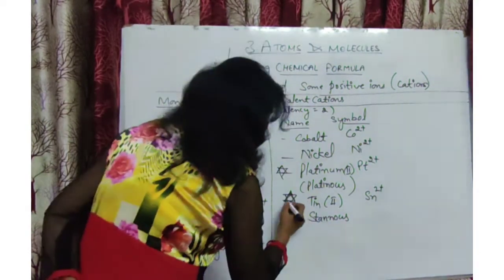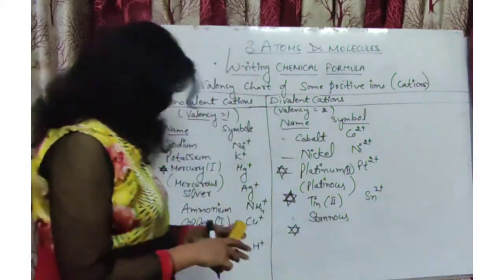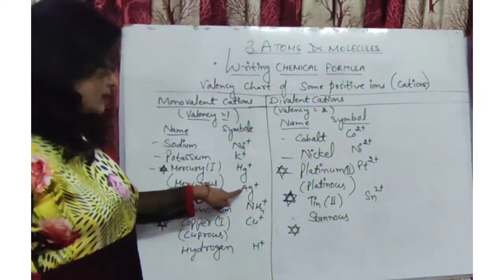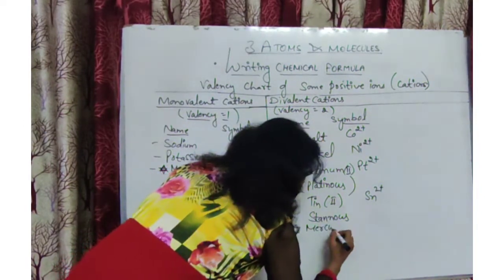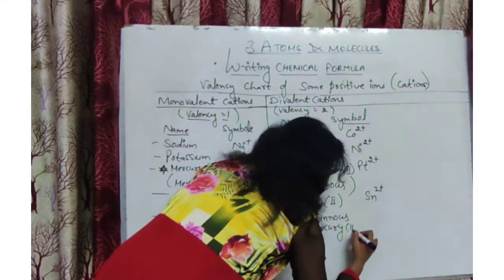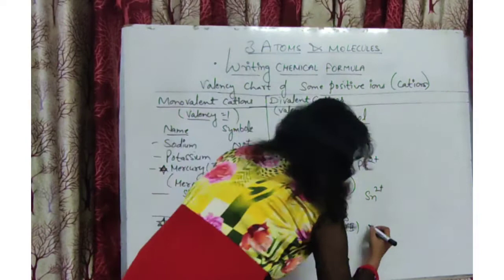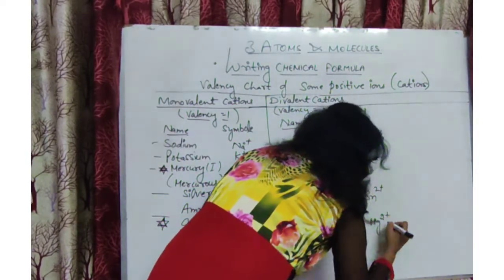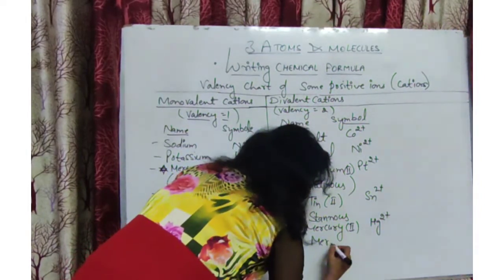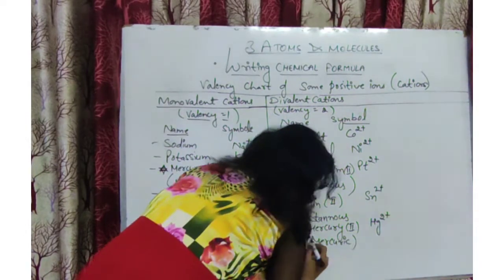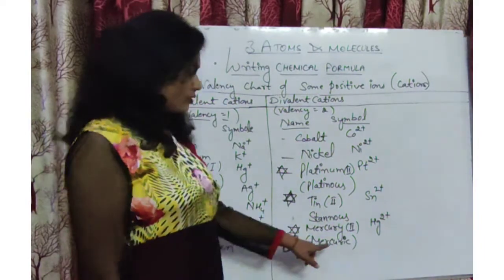And mercury. Mercury has also variable valency, 1 valency that we have already done here, that is mercurous and Hg positive. Now second, mercury has second valency, 2 valency also, so we'll write here 2 in the Roman number. Okay, and then Hg2 positive is the symbol, and name of this element or mainly cation is mercuric, because this valency is more than the 1 valency. Okay, that's why it is mercuric.